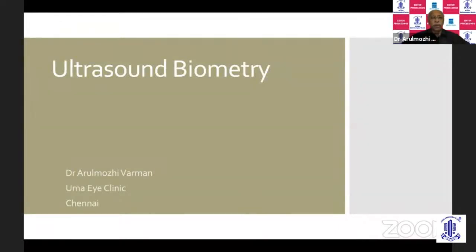My talk is going to be on ultrasound biometry, probably the oldest instrument that we use to calculate IOL power next to the keratometer. It still finds its use today in spite of having excellent optical biometers. When we are faced with an absolutely mature cataract, though pleasantly surprising is the fact that the swept source optical biometers can read through an almost mature cataract, or sometimes what looks mature, we still have to fall back on ultrasound biometry. So it's not something that's given up or can be condemned.